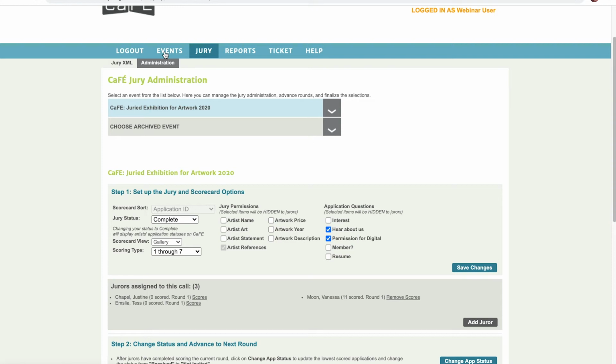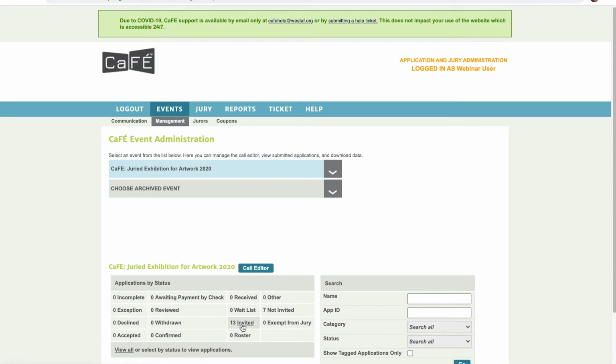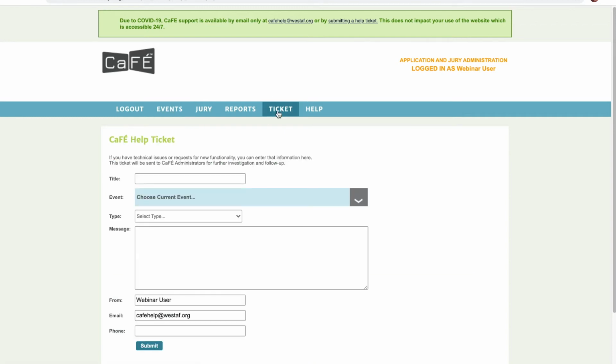First, if you need your invited artists' works, you will want to request a download link of the high resolution images. If you request these images, which we can do for just your invited status, any of the other statuses, or all of them if you need, we can send you this download link. To do this, submit us a ticket under the ticket tab here. Under the type, choose image request. And in the message, just let us know which status you need the images from.